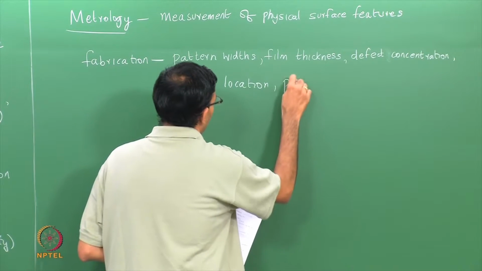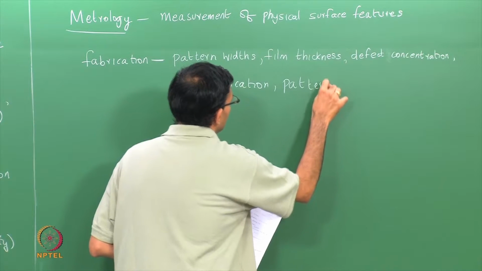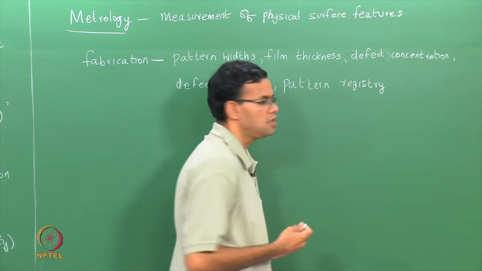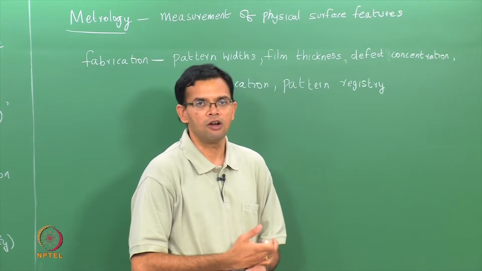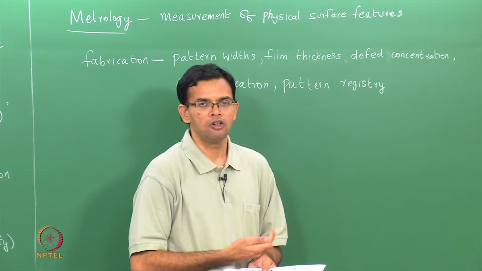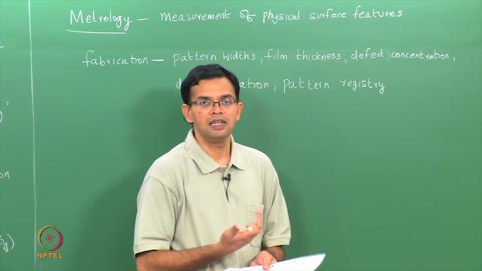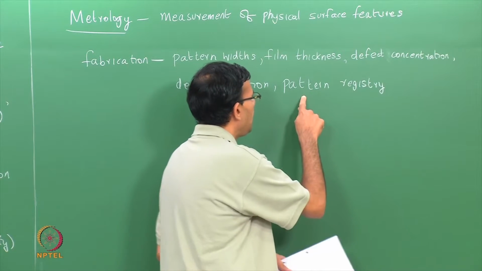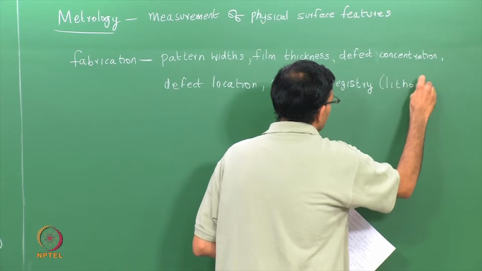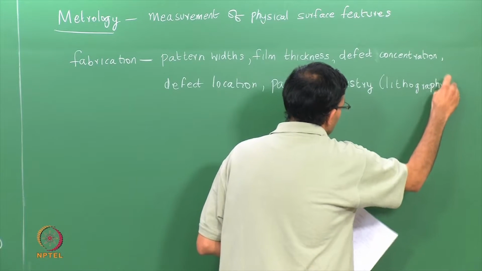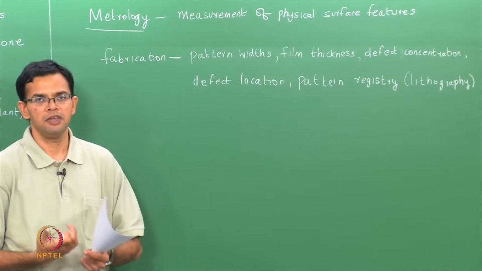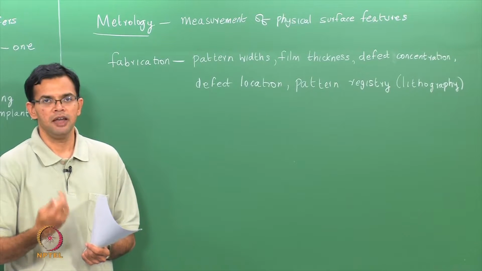Another parameter is your pattern registry. So, this refers to the fact that, again, we saw in lithography we have multiple masks, and all of these masks have to be aligned on top of each other, so that the final device is formed. So, this alignment is referred to as pattern registry. So, these are some of the important parameters that need to be evaluated at almost each and every step of